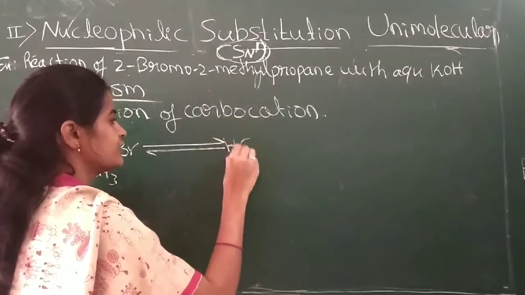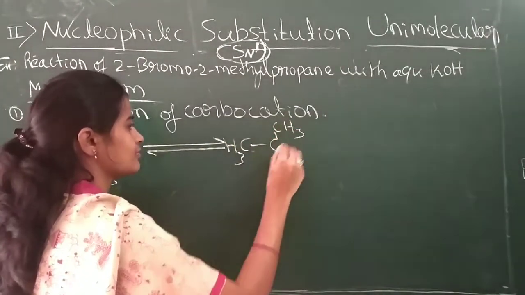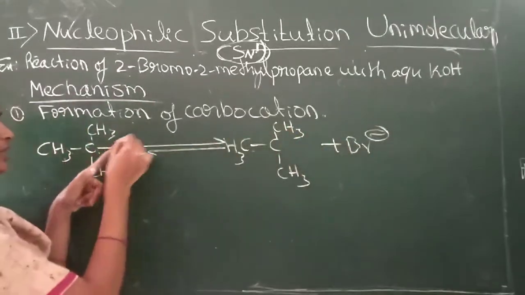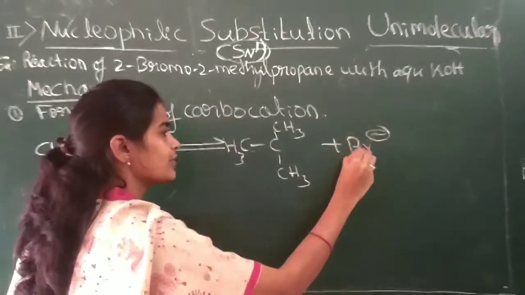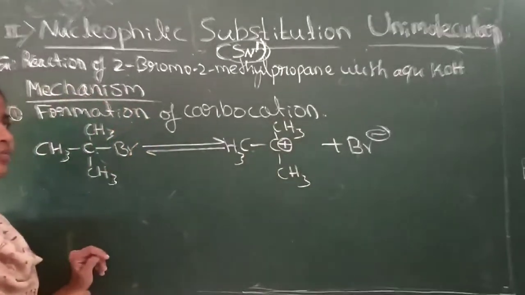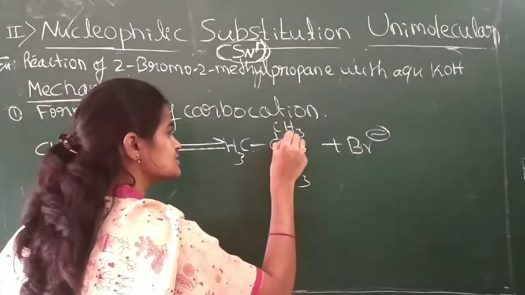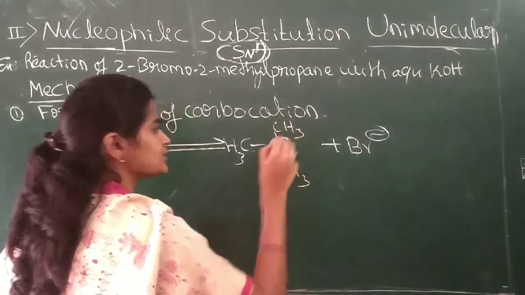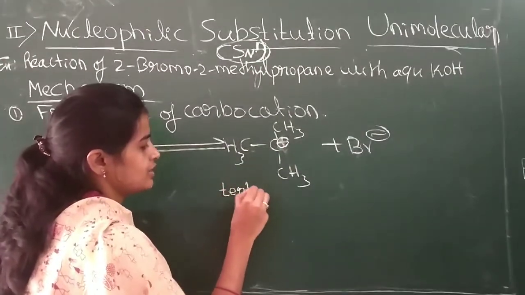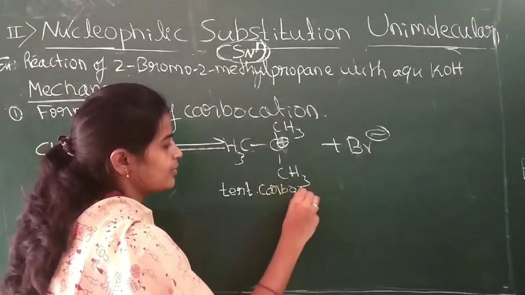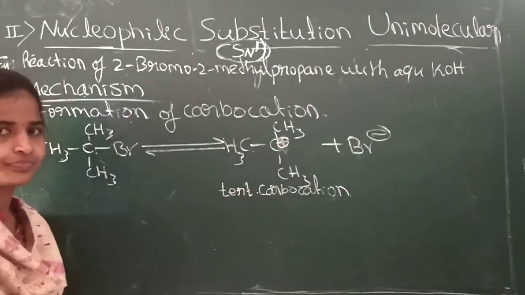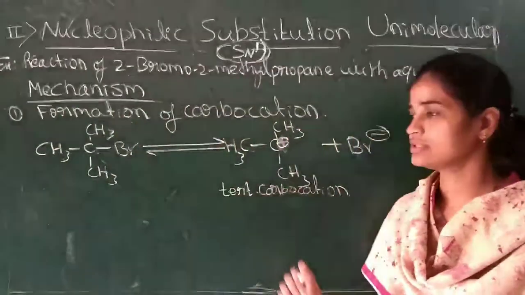If the breakage of that bond has taken place, we get Br minus, which has taken the shared pair of electrons with it. Therefore it is Br minus, but the carbon is now in deficiency of electrons. Therefore I will write the positive charge near the carbon atom. Got it? Then it is a carbocation, which carbocation? A tertiary carbocation. This is the first step.